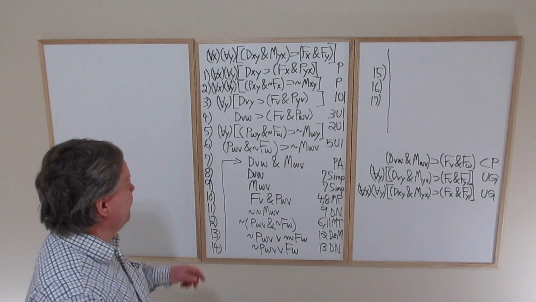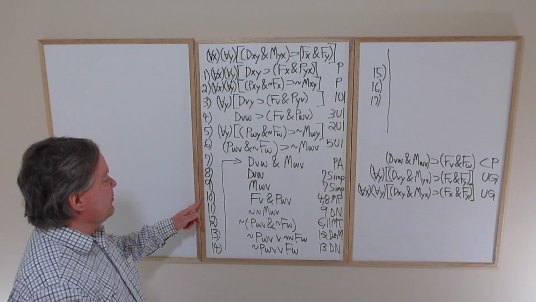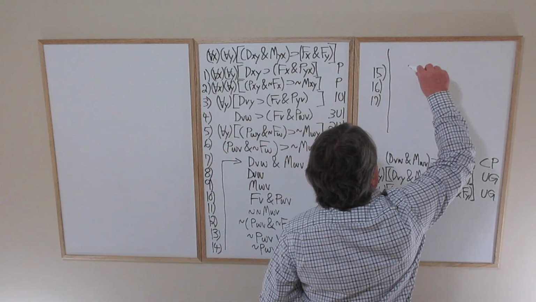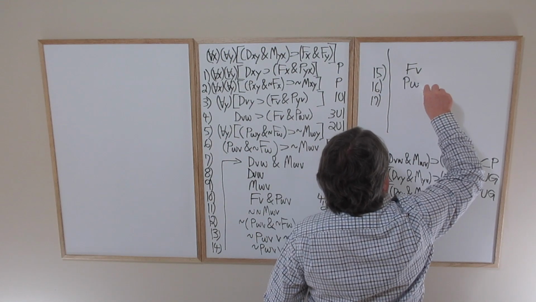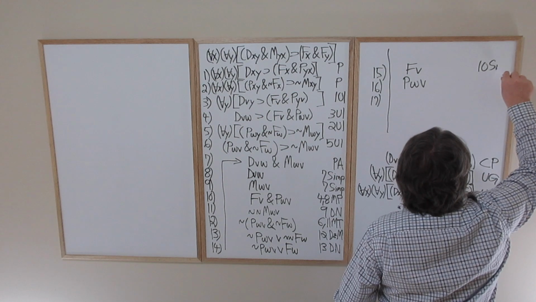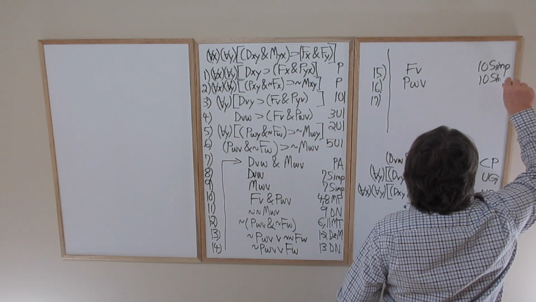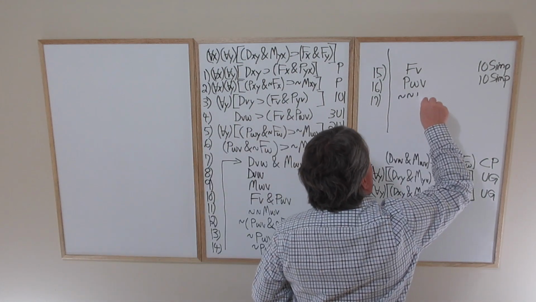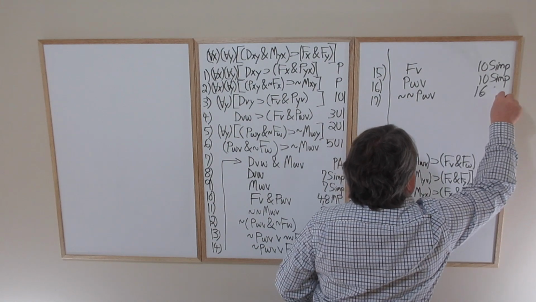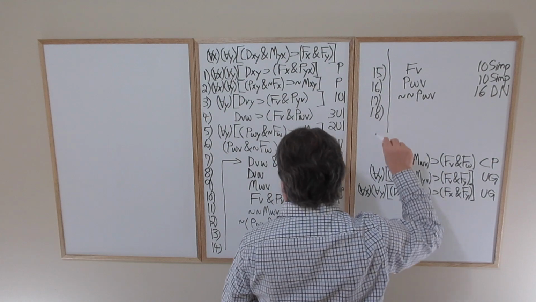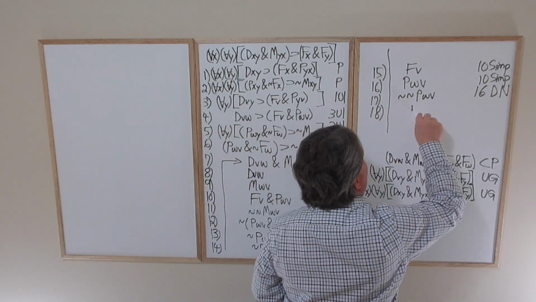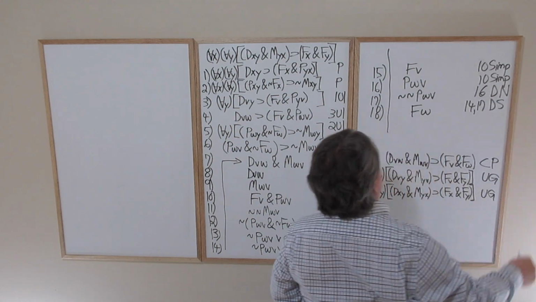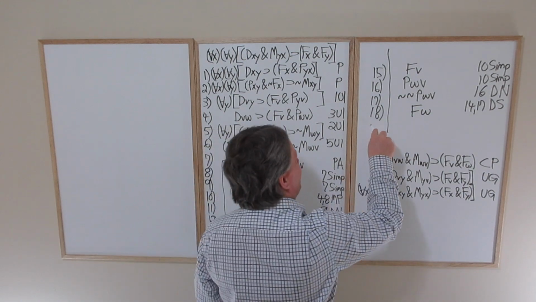still in the subproof. So, line 10 will do 2 simplifications. Perhaps you did them earlier if you were doing this proof on your own as you were watching. Tan-sim. Here we'll do a double negation to set up for the disjunctive syllogism. So 16 double negation, 14, 17 disjunctive syllogism, gives us FW. So finally, line 19,